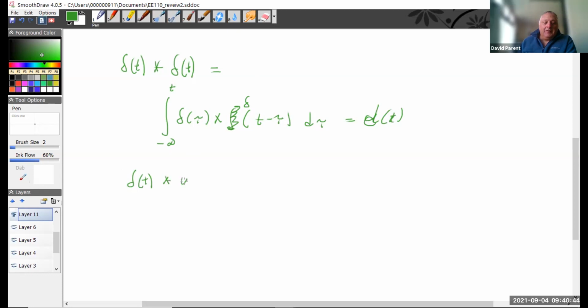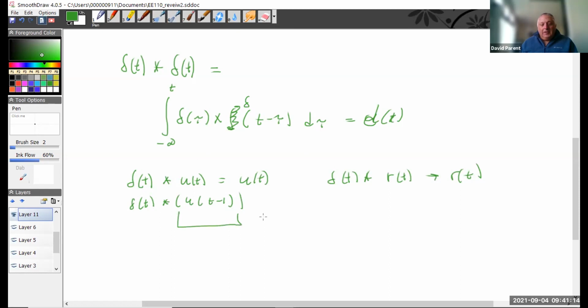If I convolve this, I get back the original function. If I convolve delta with RT, I get RT, right? With exponential, I get the same thing. And so if I convolve delta t with u of t minus 1, well, I don't really have to go through all that rigmarole. I just know that I'm going to get u of t minus 1. Now, this is probably a little more than needed today, but